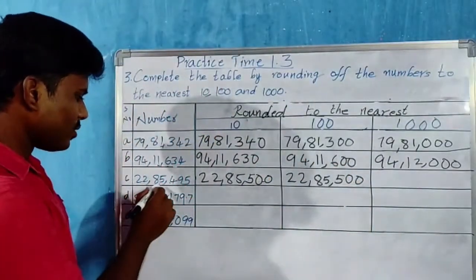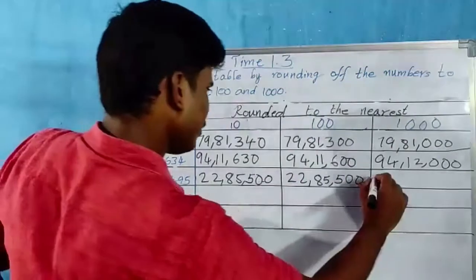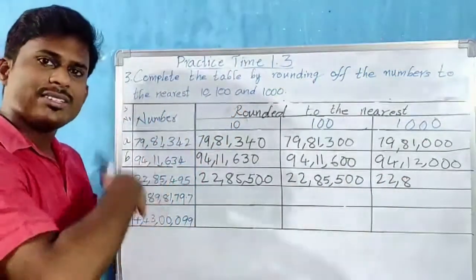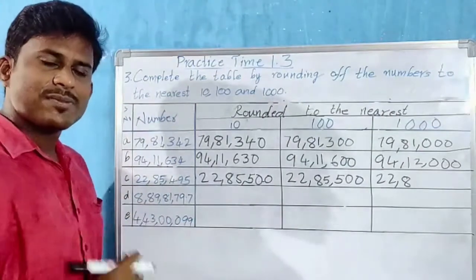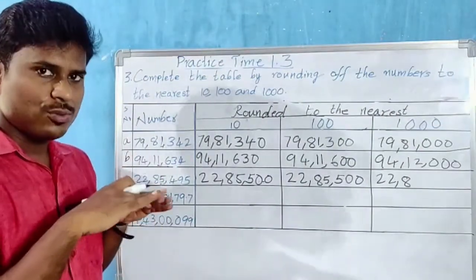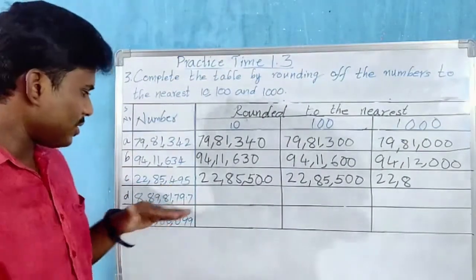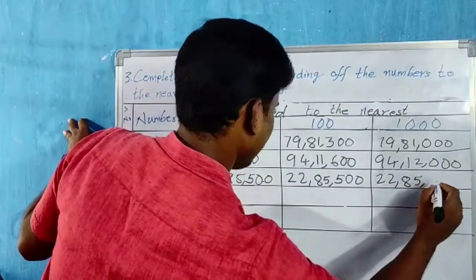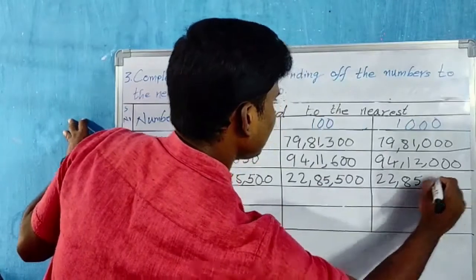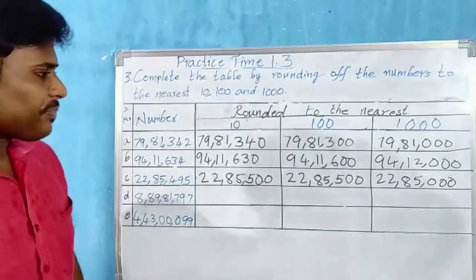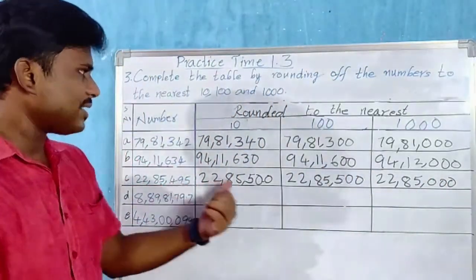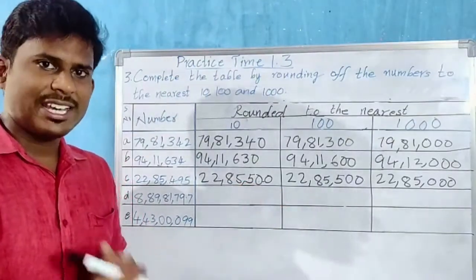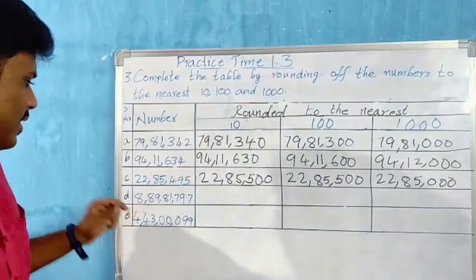And if you go for the thousands place, 5 is there. I am writing it as it is. Now immediately to the right of the 5, in the hundreds place, we have digit 4. 1 to 4, slide on the floor. So the same digit, no need to add 1. Now place zeros on the right side. If you observe, the nearest tens and hundreds are the same. Okay, now go for the next question.